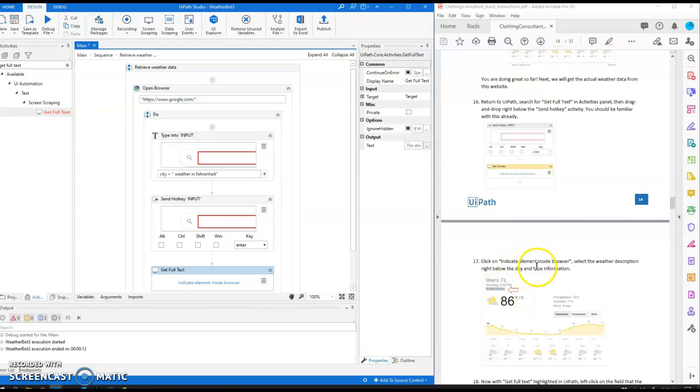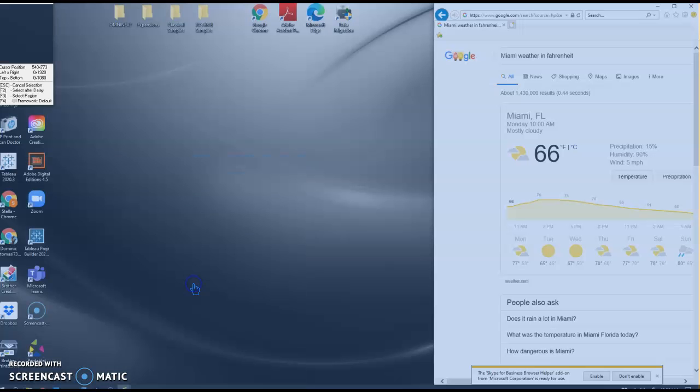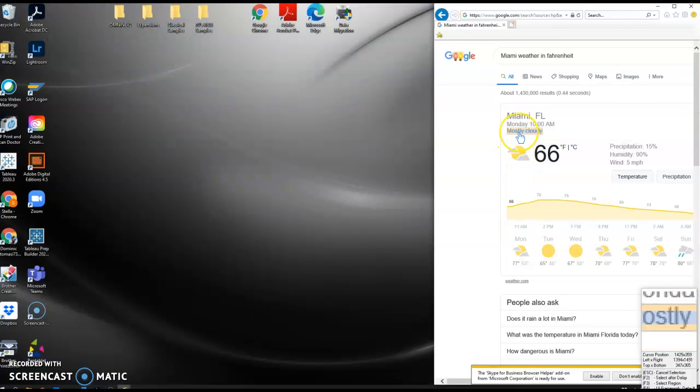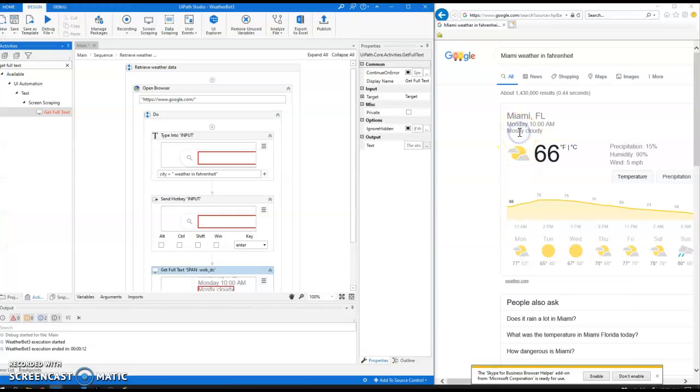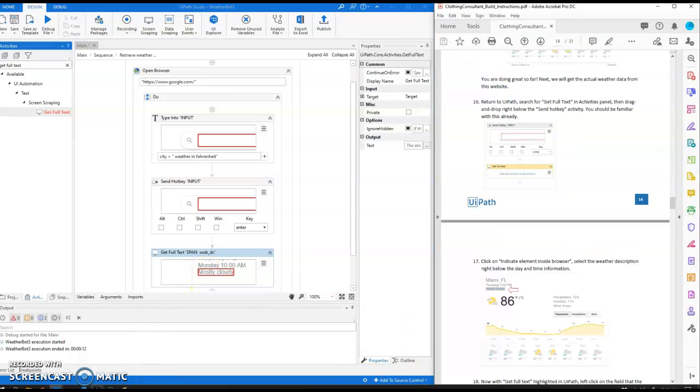So indicate element inside browser, select the weather description right below the day and time information. So I'm going to pull this up on the side right here, and I'm going to get mostly cloudy. So I'm going to indicate the element inside the browser to grab. I'm going to click on that, everything turns white, and I'm going to get mostly cloudy, okay? So I picked up mostly cloudy, and then my instructions say,